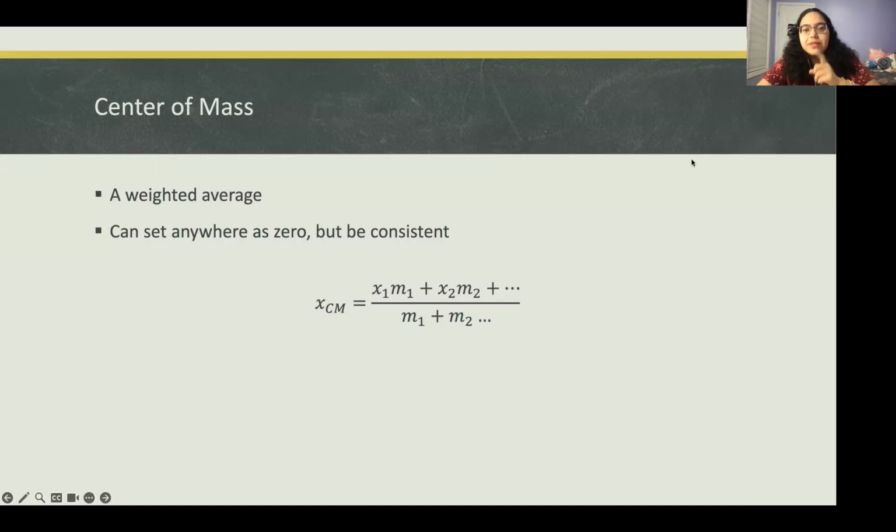And I'd say the importance of setting something as zero is that if you're multiplying by zero, you get to cancel that out. So that can come in handy when you're using the formula. So you can use that strategically, but then just place everything else consistently. This is also the same formula. If you replace all the x's with v's, it'll be the same thing for the velocity of center of mass as well.